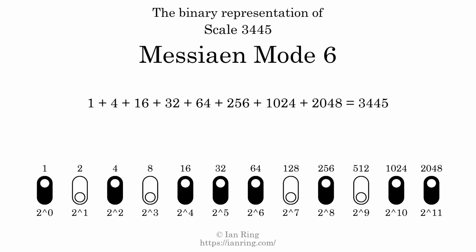That is why the scale number, in decimal, is 3445. The scale number not only enumerates the scale with a unique index, but it also literally describes the tonal content of the scale. Represented as a binary number in base 2, the scale number is